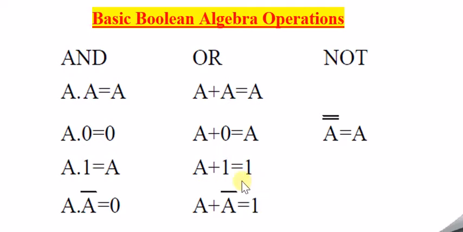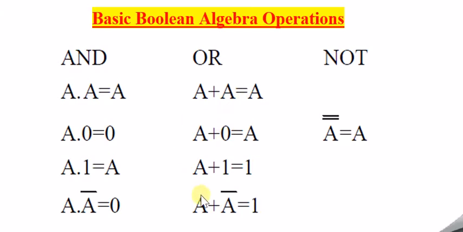This is a very important thing to remember, because most of the time it will be a confusion. Remember, A dot 0 is 0, but A plus 0 is A, so A OR with 0 is equal to A, and A OR with 1 is nothing but 1. This is the law of addition, I can say. A OR with A bar is nothing but 1. How can we treat this as 1? Take one value: A as 1 and A bar will be 0. 1 plus 0 is 1. So 1 OR with 0 is nothing but 1.